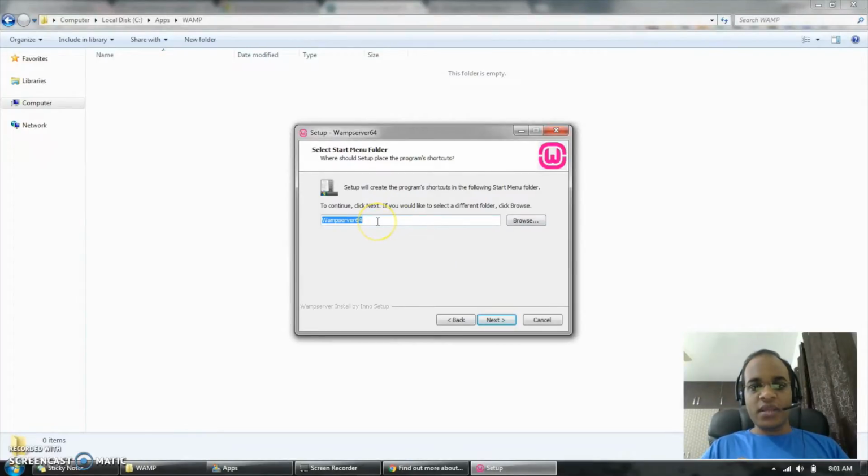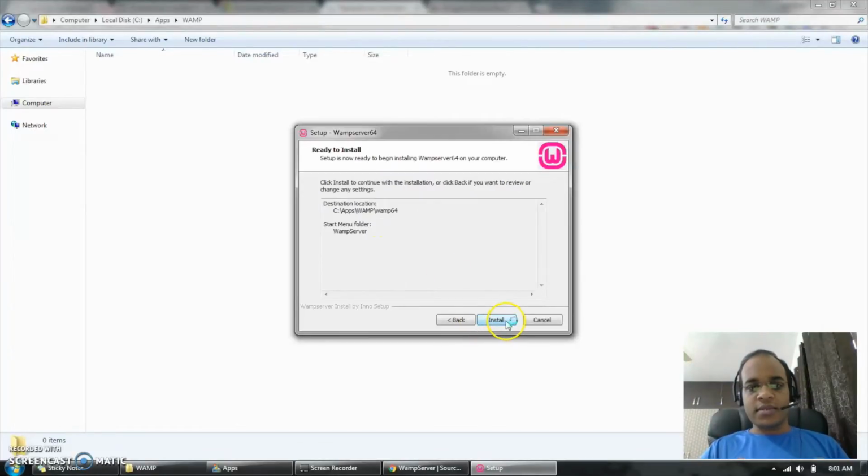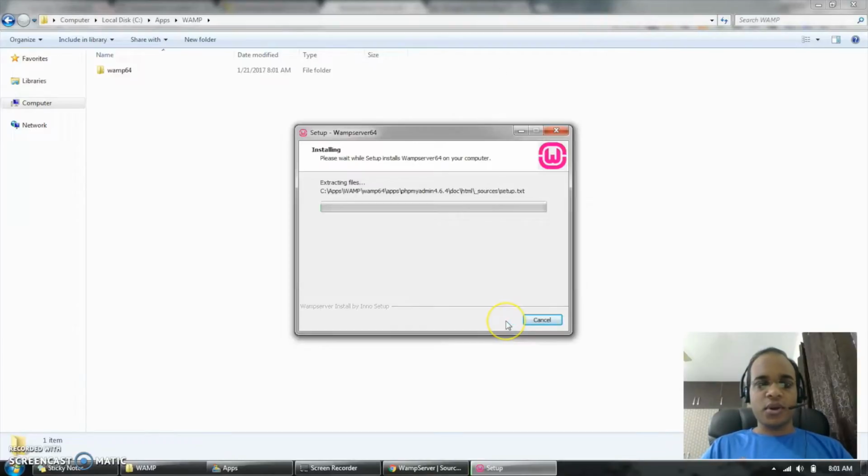So if you need a different name, then you can give it here. I'll just go ahead with WAMP server instead of 64. It makes more sense. So I'll just go ahead with WAMP server, next, and click on install. It'll take some time to install, so by the time it installs, I'll just pause the recording. Once the installation is complete or it asks for any prompt, I'll resume the recording and explain how it needs